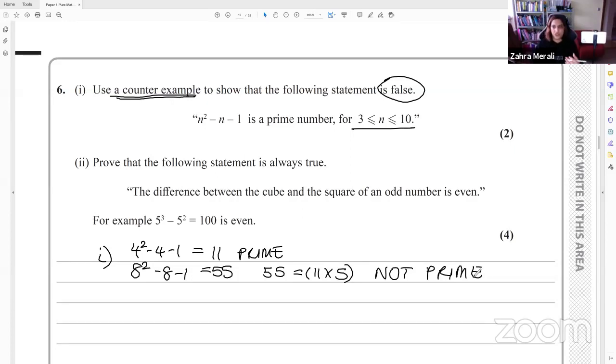So you wouldn't have to show 2. You might be able to show all of them. It doesn't matter. If you started at 3 and had to go all the way to 8, just very quickly on your calculator, you find the example that doesn't work. And then we've got the next one, which says,